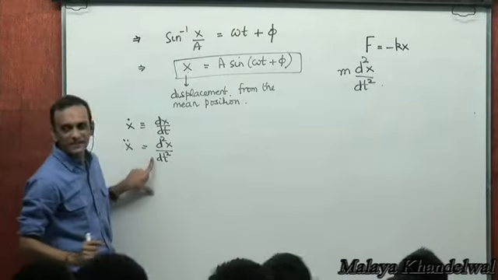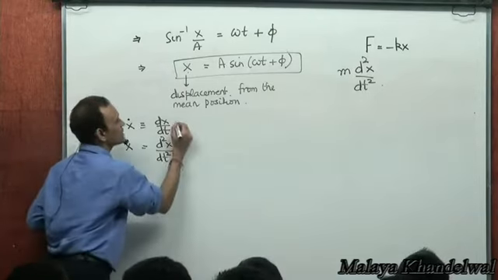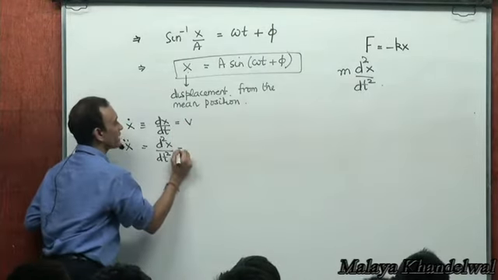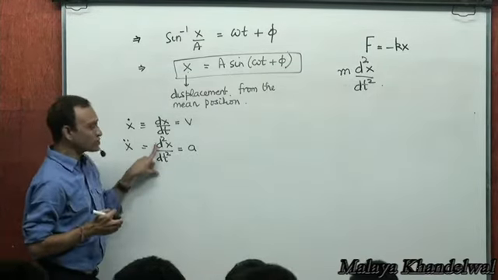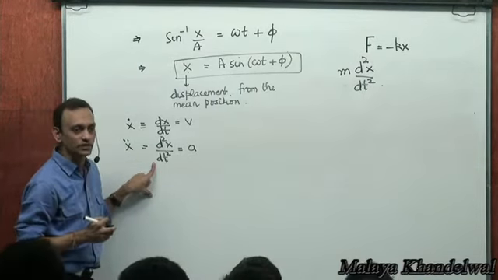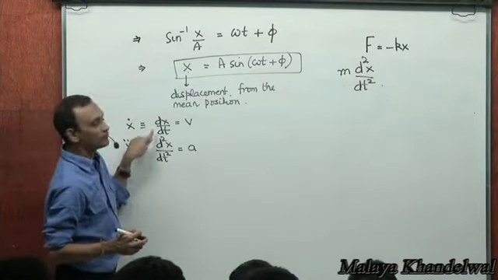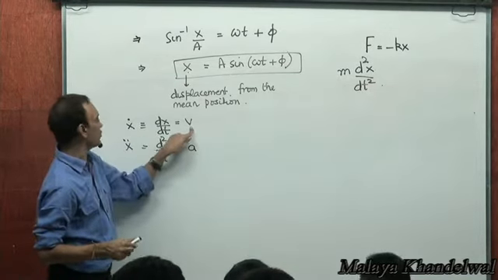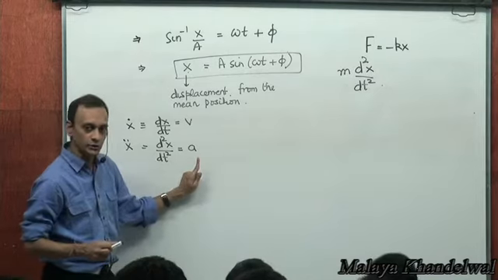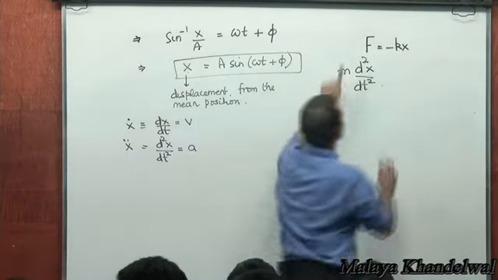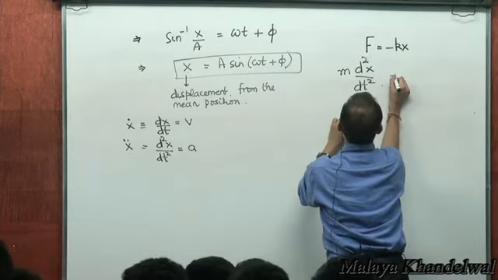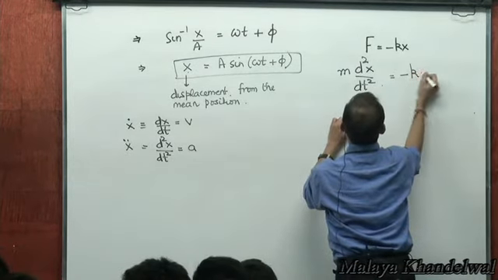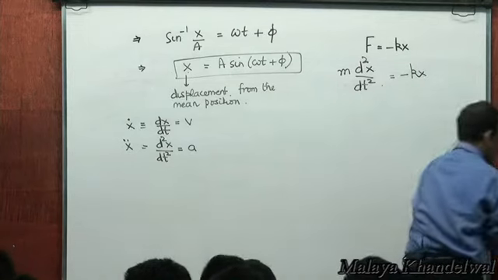X dot is the velocity v and x double dot is the acceleration a. X double dot would actually mean the second derivative of x with respect to time. X dot means the first derivative of x with respect to time, the velocity. So force is mass into acceleration, m d2x dt2, which is minus kx, right, which means